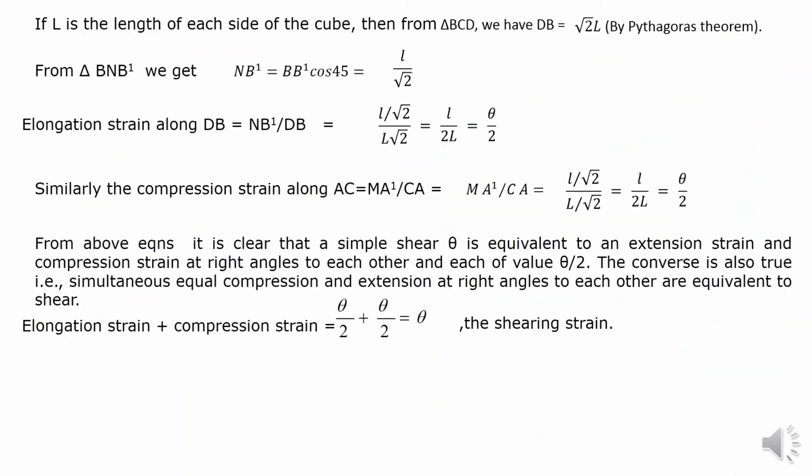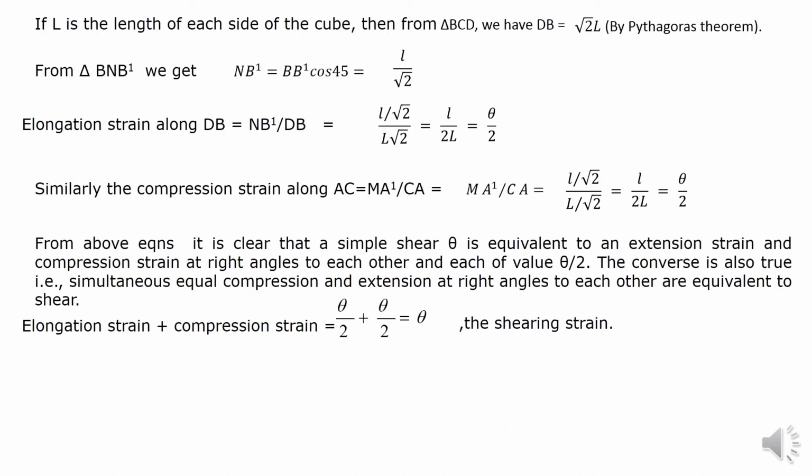If L is the length of each side of the cube, then from triangle BCD we have DB is equal to square root of 2 into L. From triangle BNB dash we get NB dash is equal to BB dash cos 45, which is equal to l by square root of 2. Therefore, elongation strain along DB is equal to NB dash divided by DB, that is equal to l by root 2 divided by L into root 2, that is equal to l divided by 2L,